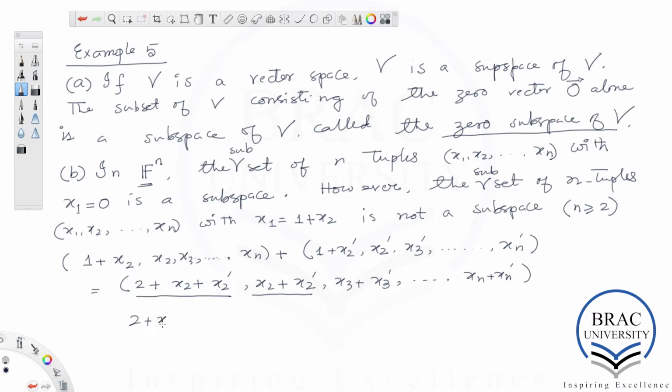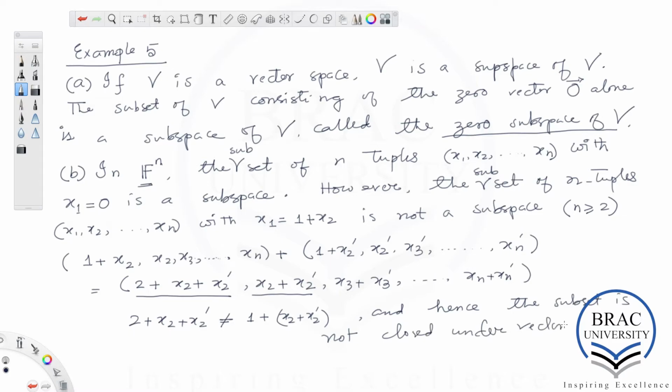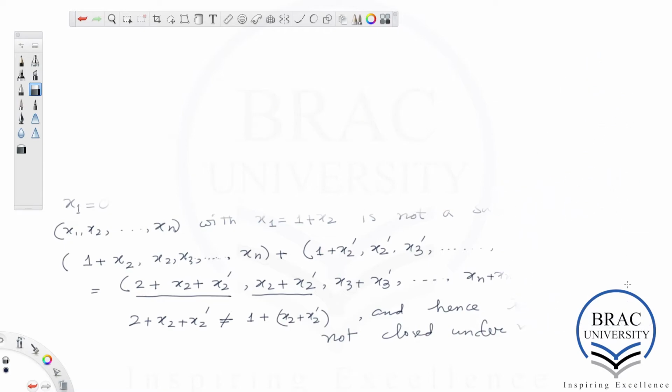So 2 plus x2 plus x2 prime is not equal to 1 plus x2 plus x2 prime, and hence the subset that we are considering is not closed under vector addition, and hence is not a vector subspace. Okay, good. Now the next example